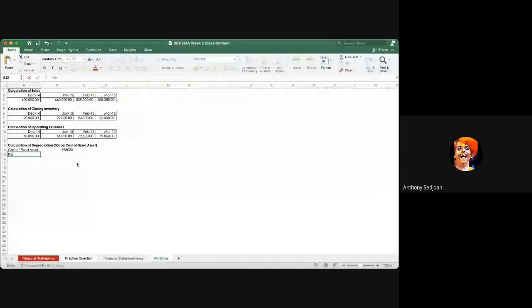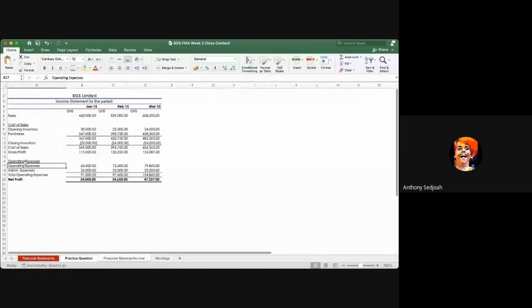Then depreciation will be 5% of that cost. So this is the depreciation for each month, 334,900. So the good thing about Excel is that if we missed out anything, we can easily come and insert